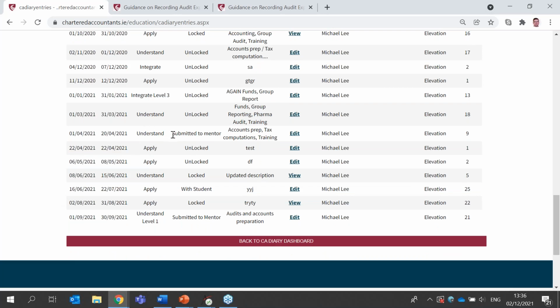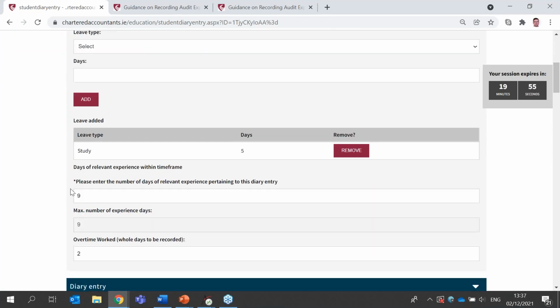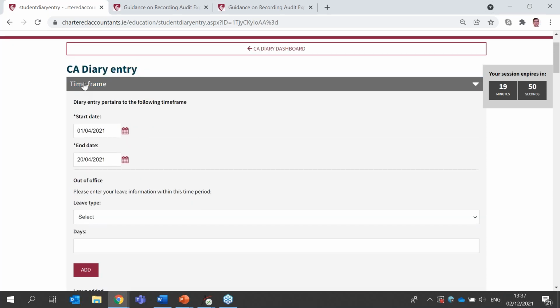If you have a number of diary entries with a status of submitted to mentor using the old functionality, you are not required to go in and make changes to include those new fields. But if you wanted to make a change to any of those diary entries at all, so take this one for example, and it is a test entry, so the information is not what you would be seeing in practice. But if you wanted to make any changes to this diary entry, to the dates, to any of those pieces